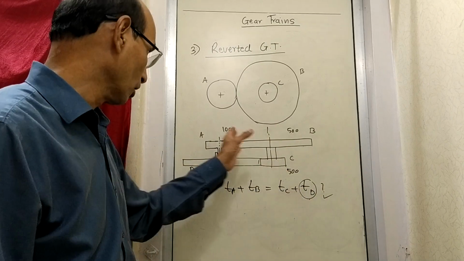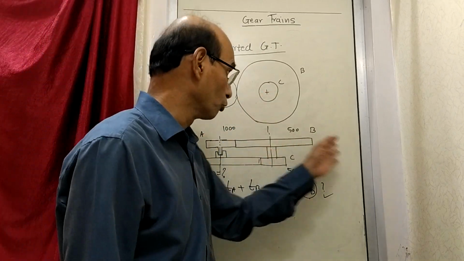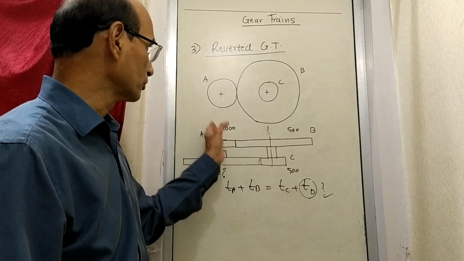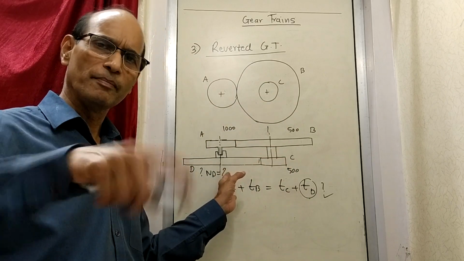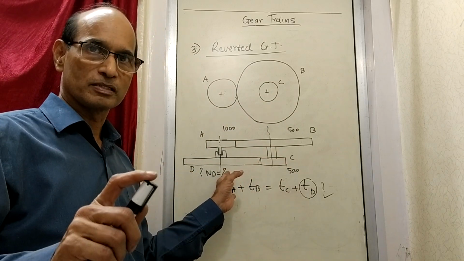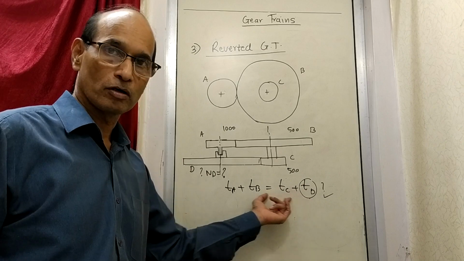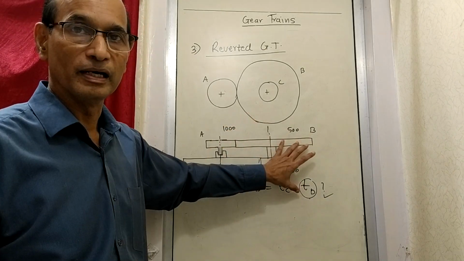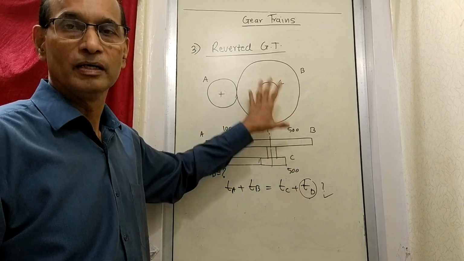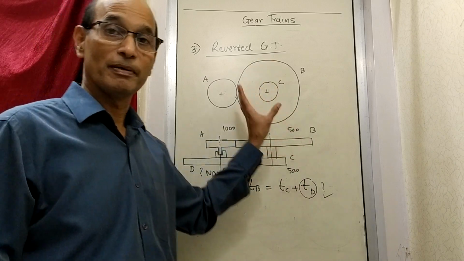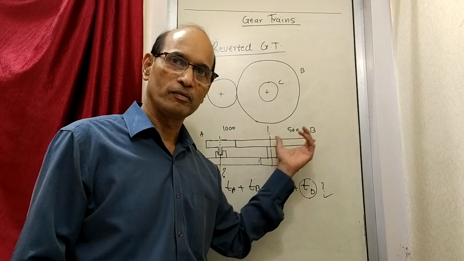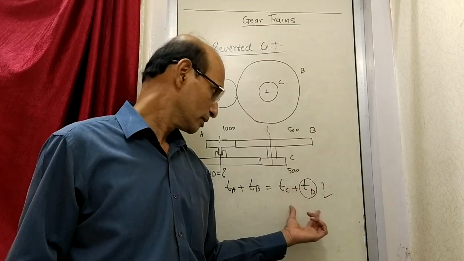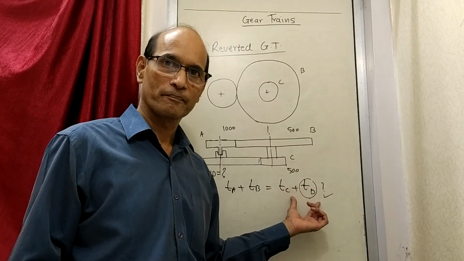It means it will come down like last time, when it came from 1000 to 500 to 166. This time it will come down from 1000 to 500 to some figure similar to 166, but not exactly 166, because this condition may or may not be satisfied. So this is called a reverted gear train, working in the same way. It is also, as I said earlier, a special case of compound gear train. Everything is the same calculation-wise. There is only a slight difference here.